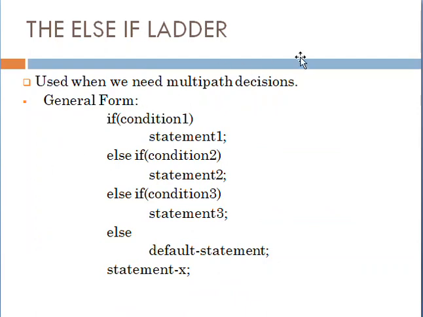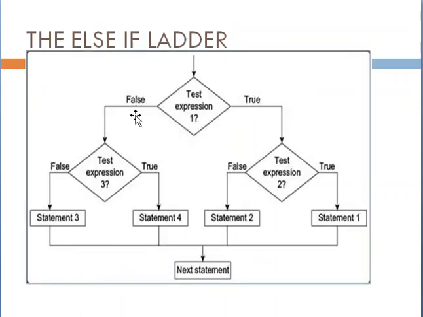Now the ladder if else. Why is it the ladder if else? Suppose we have many conditions. We have multiple conditions, or we can say one ladder. It is one type of step by step condition in front of us. So we use the else if ladder statement. Just take a look at the flow chart. Here the steps, like this statement 3 step, then again step, then this step. So this is shown like a ladder. So this is known as an else if ladder